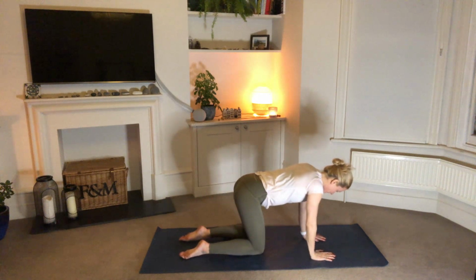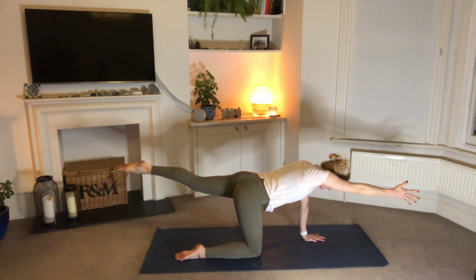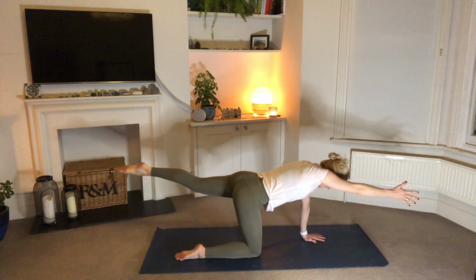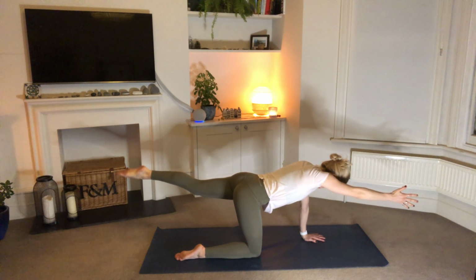So when you're ready, take an inhale. Opposite arm, opposite leg, reach, lift and hold, okay? Find 5 deep breaths here. So inhale, exhale, inhale, exhale. Nice, maybe point the toes back, inhale,